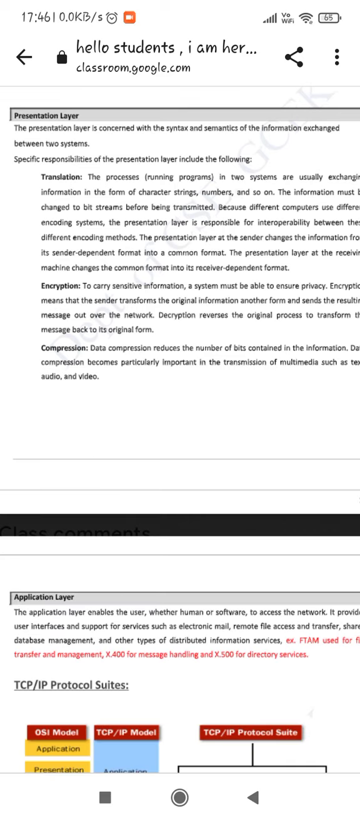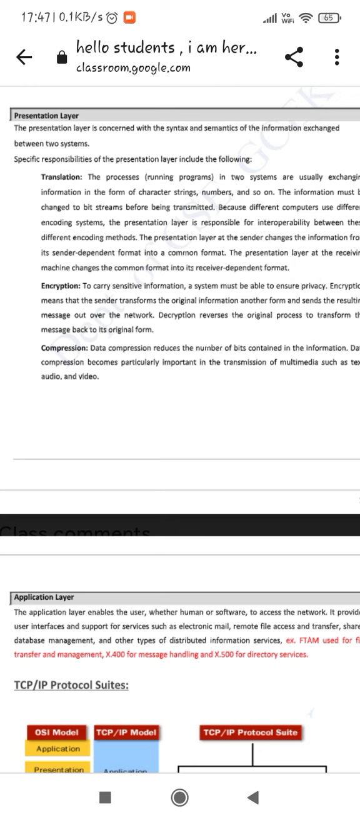Next is our presentation layer. The presentation layer is concerned with the syntax and the semantics of the information exchange between the two systems. Specific responsibilities of the presentation layer include the following: translation, encryption, compression. Message को translate करना, उसको encrypt करना, और